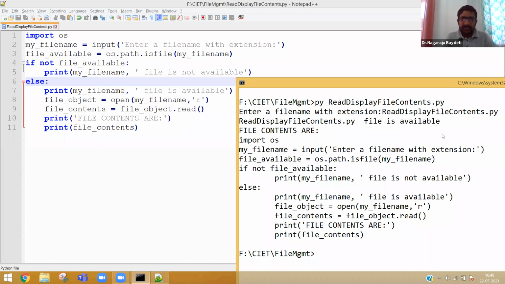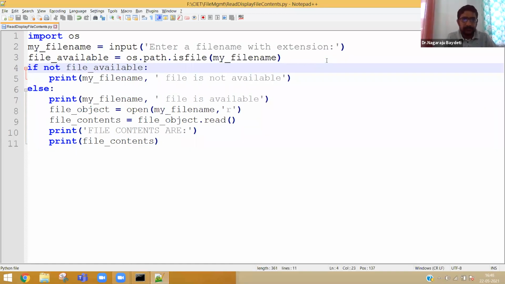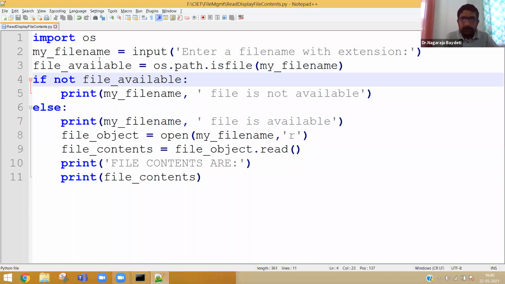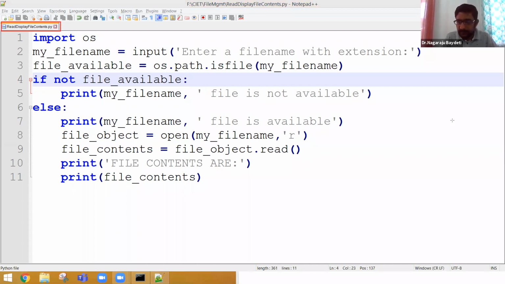Okay, let me explain the logic. Please observe the file name of this particular Python program. The file name is read display file contents. Harish, please observe carefully, and in case anybody also has the doubt which Harish has raised, please observe carefully.